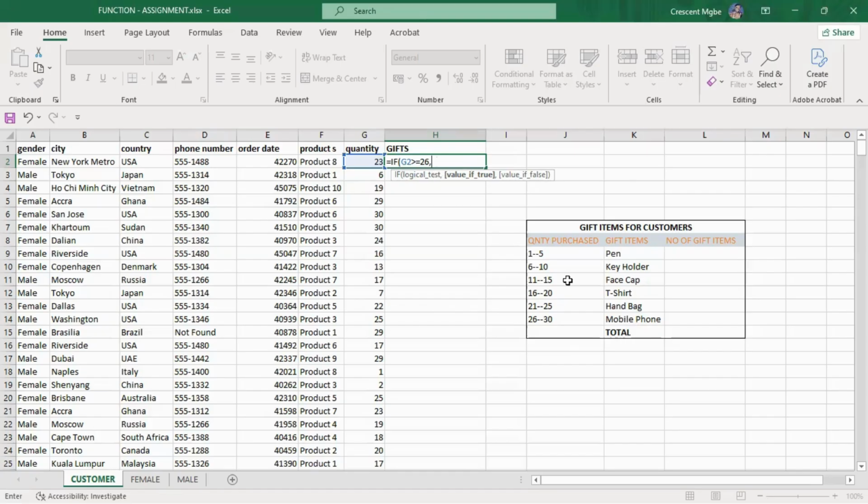So all you have to do is just to come here and click on this one. So it should take what is in K14. All right. Then if it is false, what should I do? If it is false,